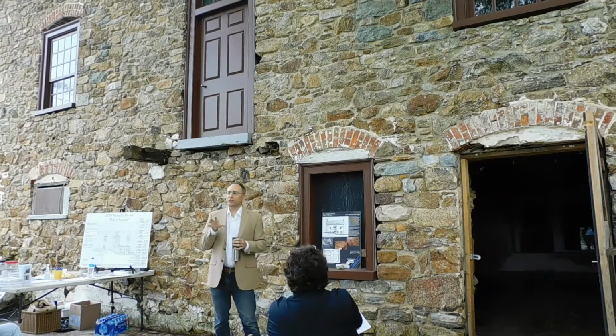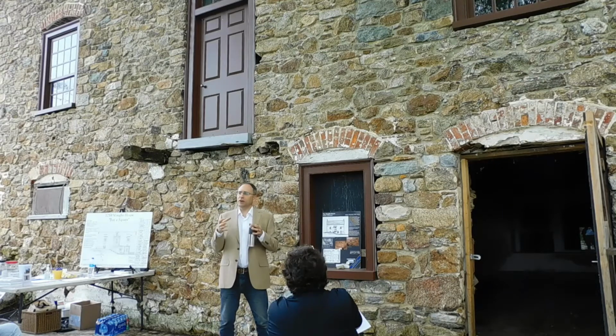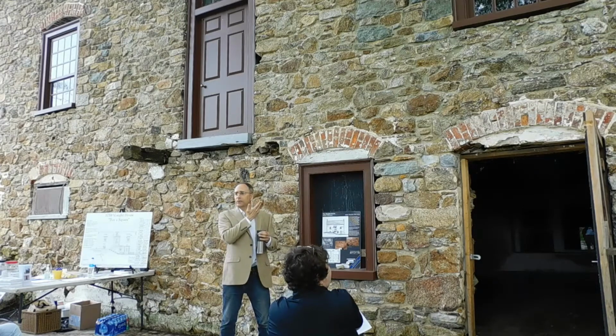And what we did when we started taking it apart, we're not actually demolishing things. What we're doing is called deconstructing, because we want to find that evolution. We want to justify all the things we're doing along the way. So as we started deconstructing the 1830s roof to try to restore the 1759 configuration, what we found is a